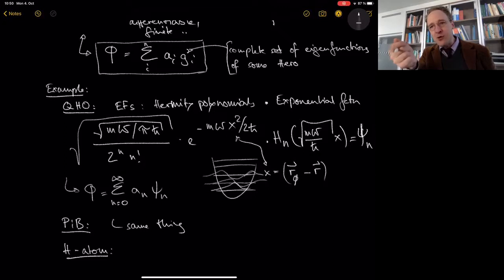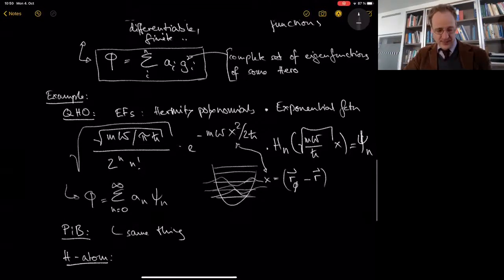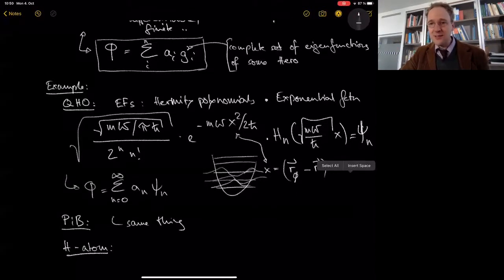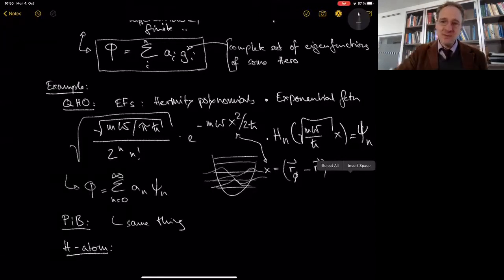But now you can see the cool thing, right? To expand the electron density of, let's say, the hydrogen molecule, you don't need to know all the eigenfunctions of the hydrogen atom. You can get away with the eigenfunctions of the particle in the box, right? If you account for the right dimensionality of them. And those we know very well, right? So that's the power of theorem 3, right? We can just change to another basis. We can pick the basis that's most convenient to us, right? That's very cool. That's so nice.